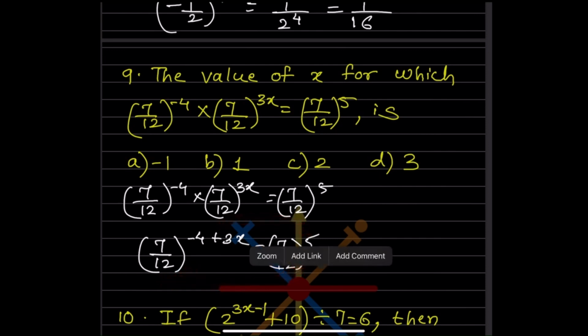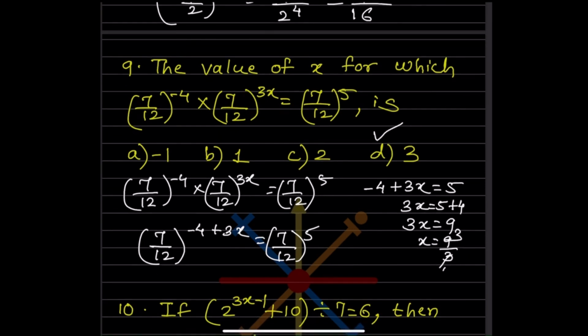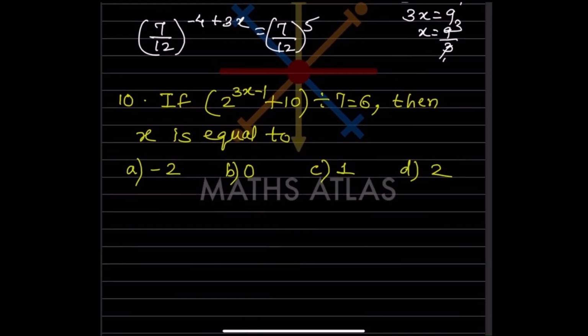So now what you write here, that is 3x, the exponent is 5. So 3x is going to be 5 with minus 4 goes on the other side, that is going to be plus 4. So 3x is 9. So x is going to be 9 divided by 3. So that is going to be 3. So the value of x is 3. So here we can see the D option. Now here